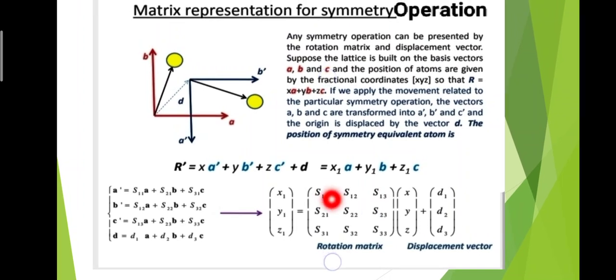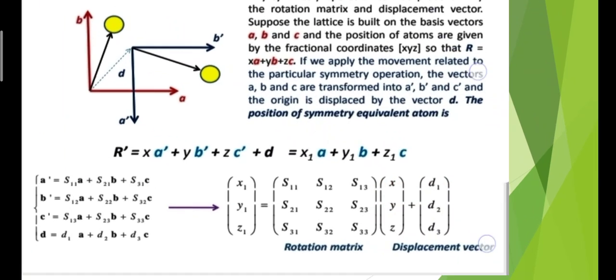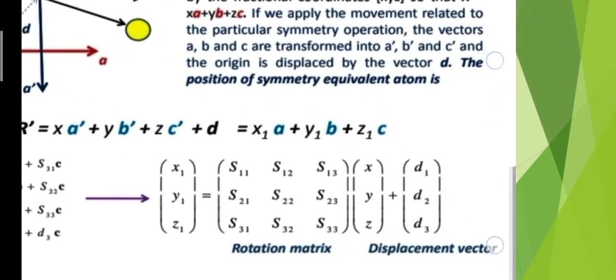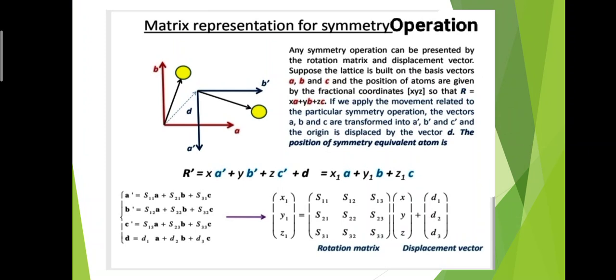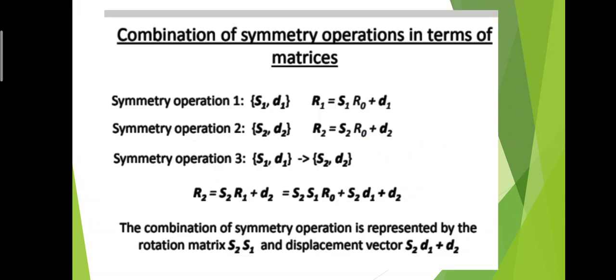This rotation matrix and displacement vector. Combination of symmetry operations in terms of matrices. Symmetry operation 1: S1, D1, R1 is equal to S1 R0 plus D1. Symmetry operation 2: S2, D2, R2 is equal to S2 R0 plus D2. And symmetry operation 3: S1